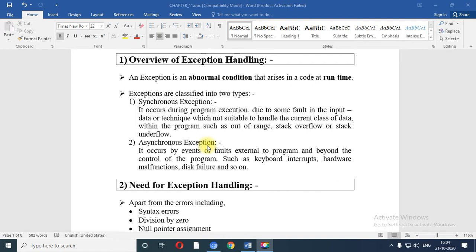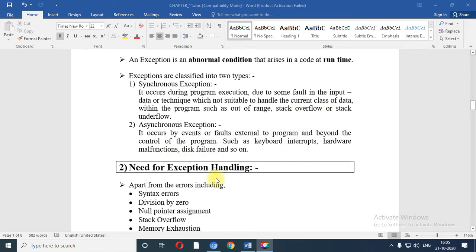Now what is the requirement to handle exceptions? Sometimes when you execute a program there is abnormal termination, and you don't understand what the fault in the program is. So to avoid such problems, you need to handle such exceptions.